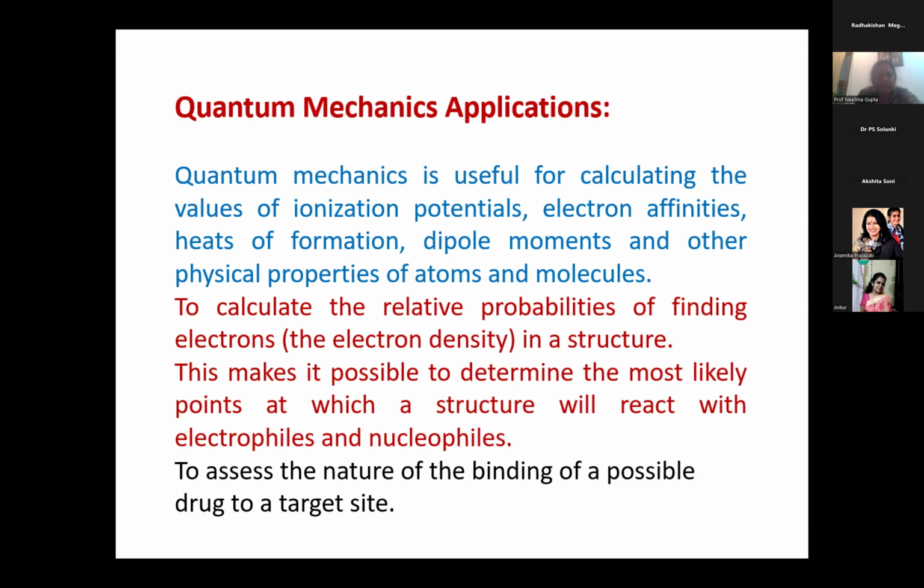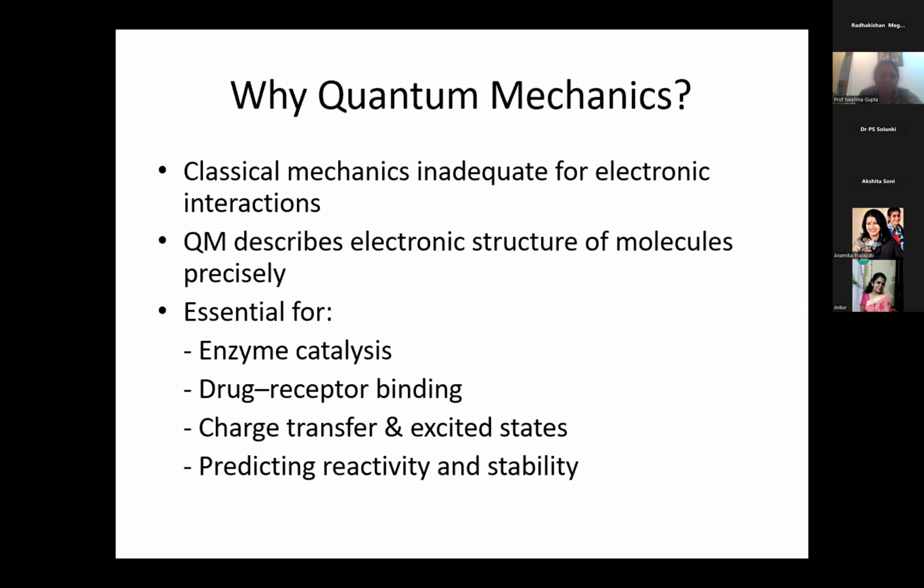So to assess the nature of the binding of a possible drug to a target site, these quantum mechanics applications may be used. What is the advantage of quantum mechanics? Why quantum mechanics? Because classical mechanics was inadequate to describe electronic interactions, and QM describes the electronic structure of a molecule very precisely. And we need those precise